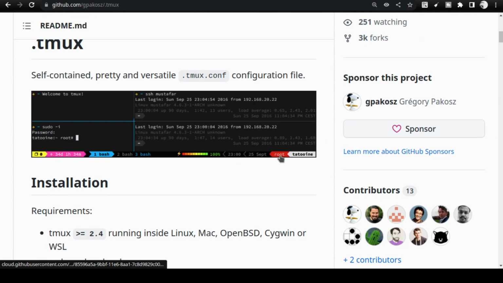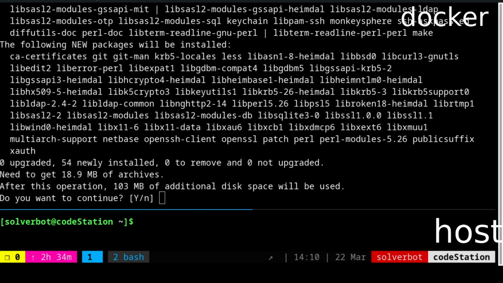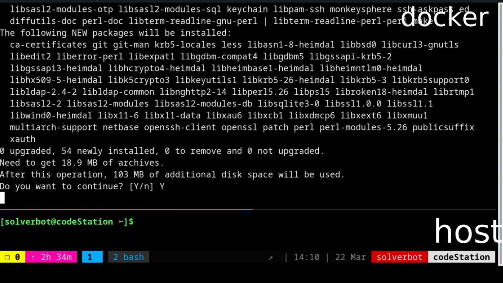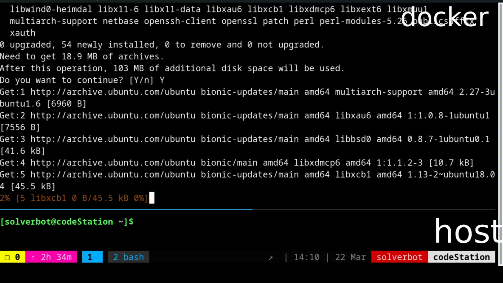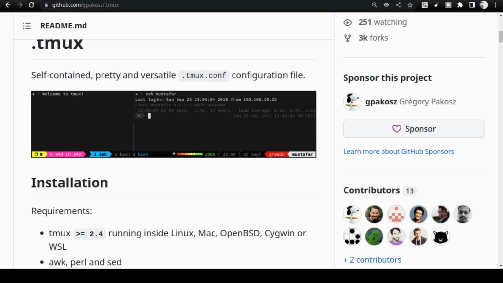If you have to copy a git repository, there is only one way. You have to install git and use git clone. So I am already installing it, and it is going on right now. And you see this color, that is all coming because of this configuration file only. I use apt install git,